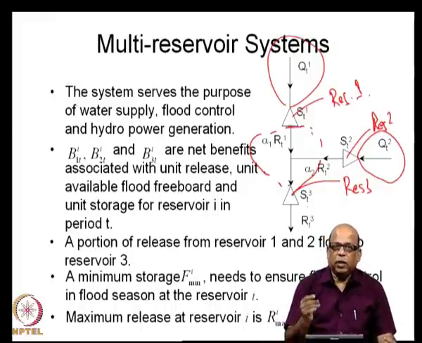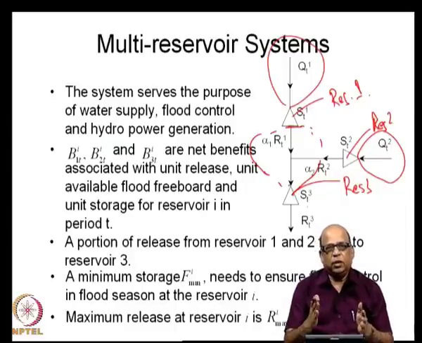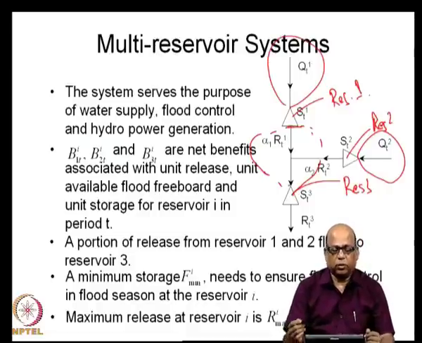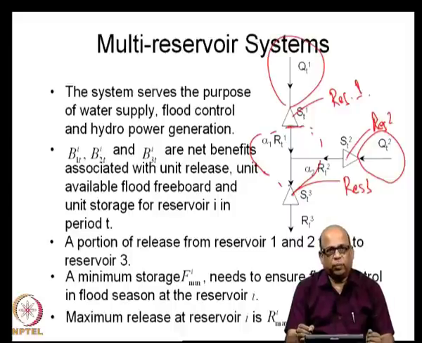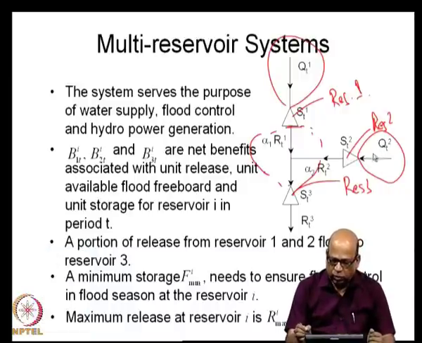This is just similar to the single reservoir problem, except that while writing the continuity, we are looking at the continuity of the flow from upstream or at any particular location. So, when we are writing the continuity at reservoir 2, for example, the reservoir 2 does not have any control structure upstream of it, and therefore, the natural flow that comes from the catchment itself is the inflow to this.